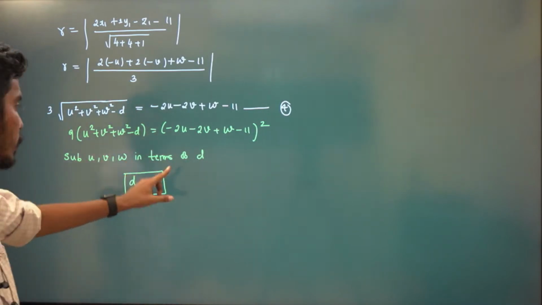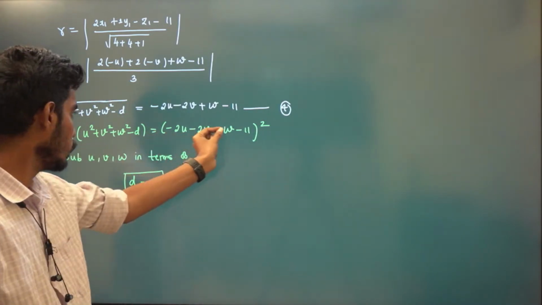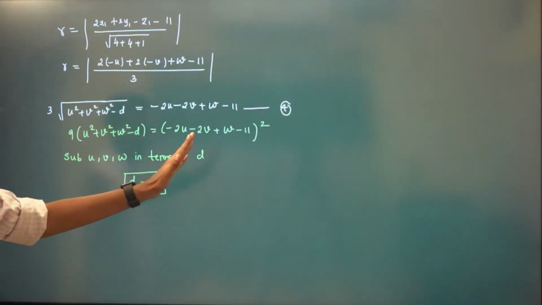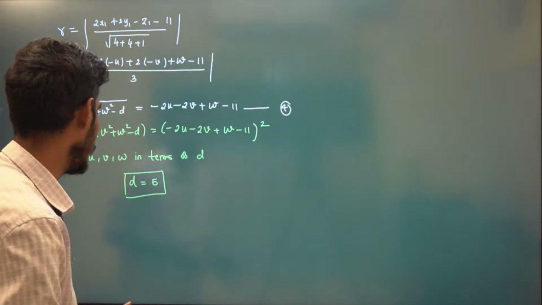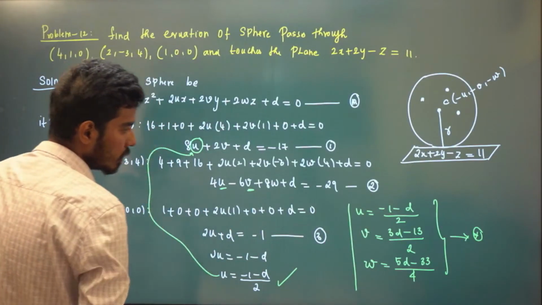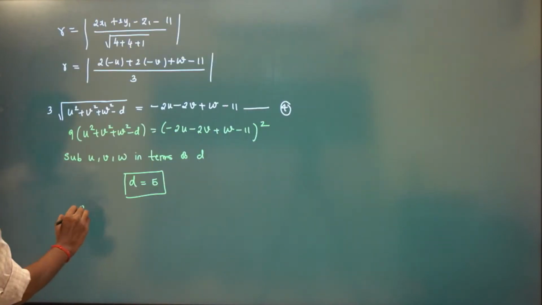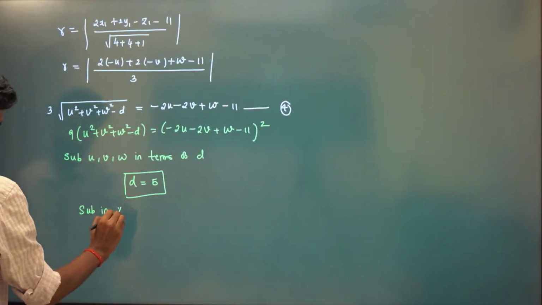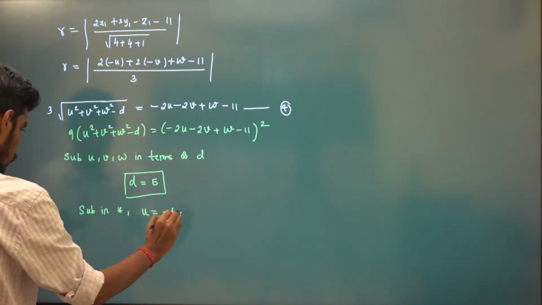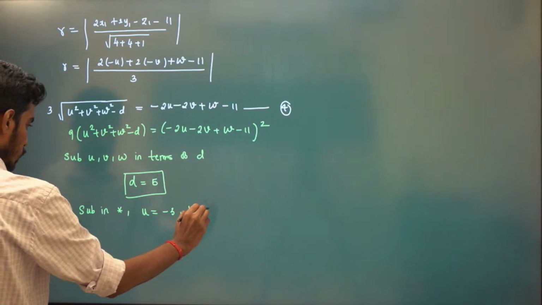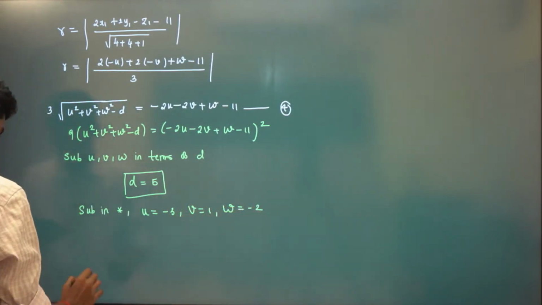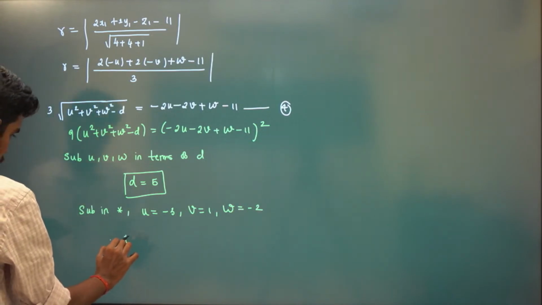See, you know u, v, w in terms of d. Convert everything to d. Solve for d, you will get d to be equal to 5. So since you know d, you can also find u, v, w. Substitute in star, you will get u to be -3, v to be 1, w to be -2. Therefore, the equation of the sphere is